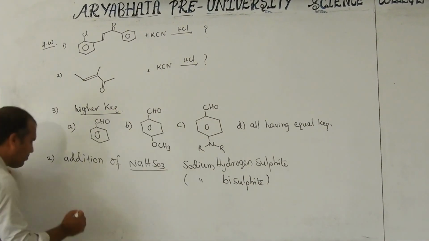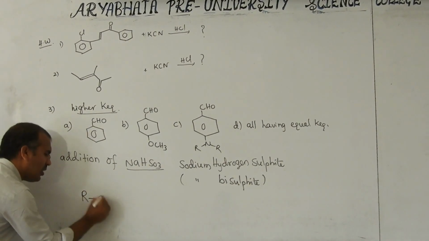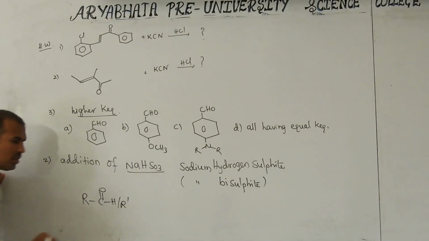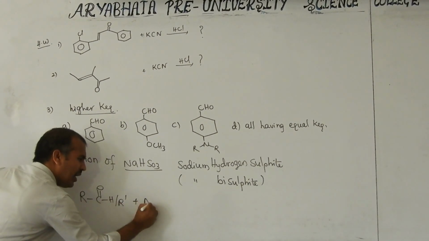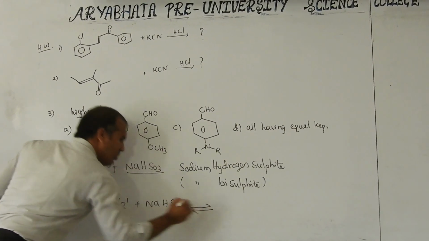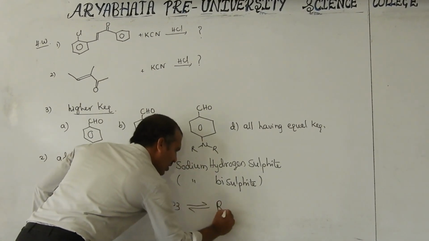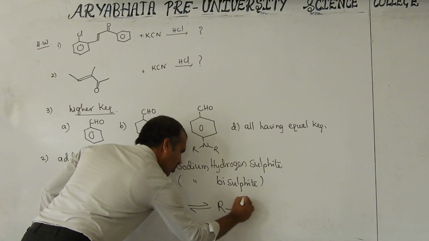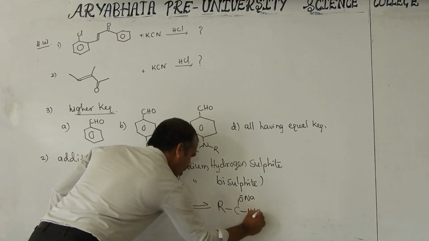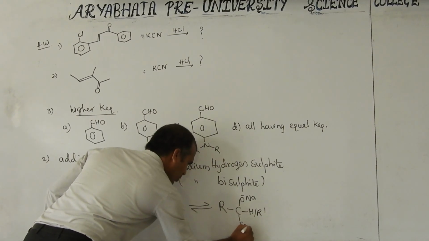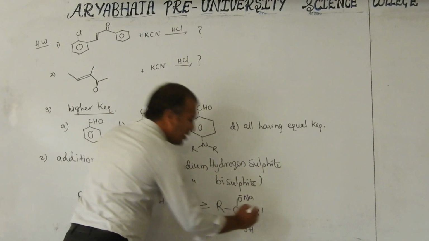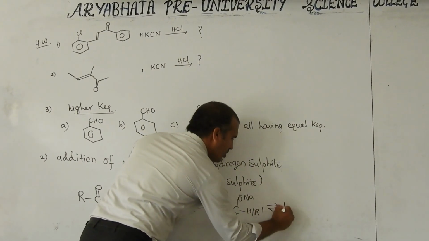Now consider RC double bond O, H or R, an aldehyde or ketone, reacting with NaHSO3. It is also an equilibrium and forms first an intermediate, O minus Na plus and H or R dash, SO3H. Here this reaction again immediately converts into R